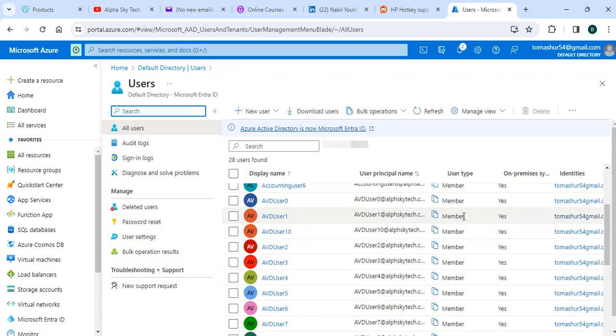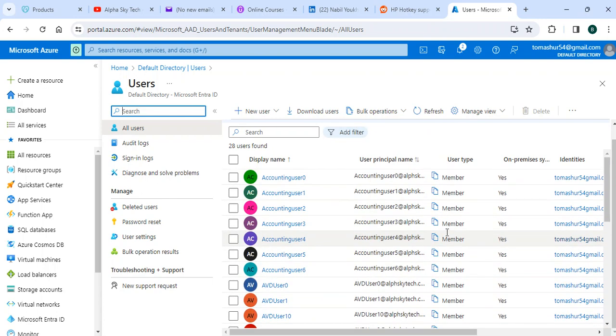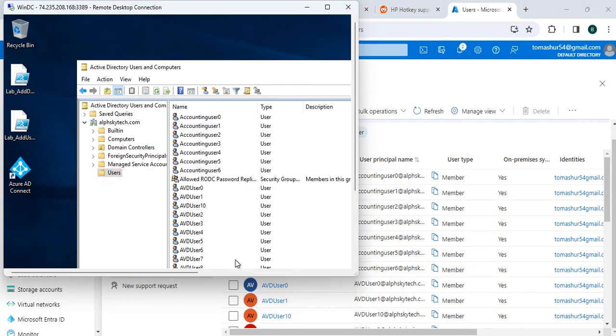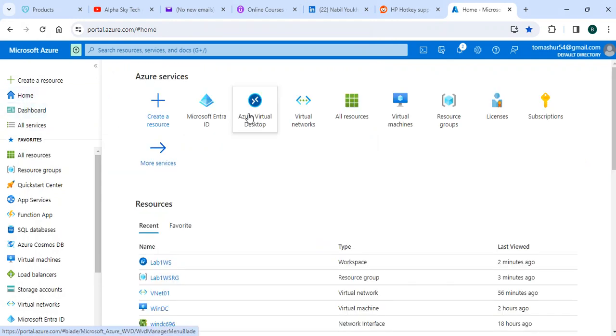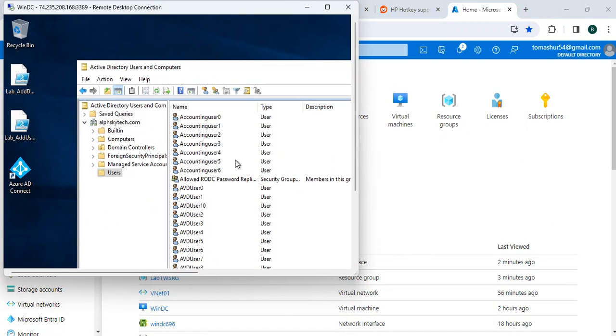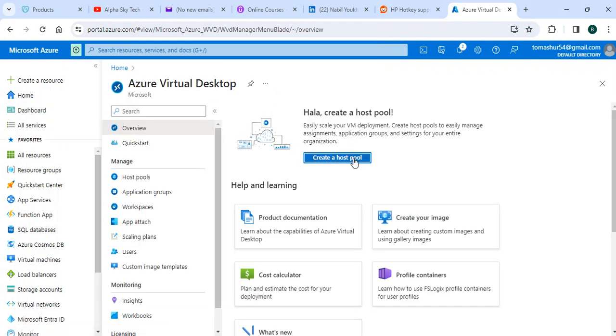were transferred from the on-premises domain in here, all the users, transferred from the domain to the Azure Active Directory in here. And this is one of the requirements I'm telling you of the Azure Virtual Desktop process. So this domain controller needs to be on when we are going to create the host pool and the rest of the process, please. So, folks, before we go through creating a host pool,